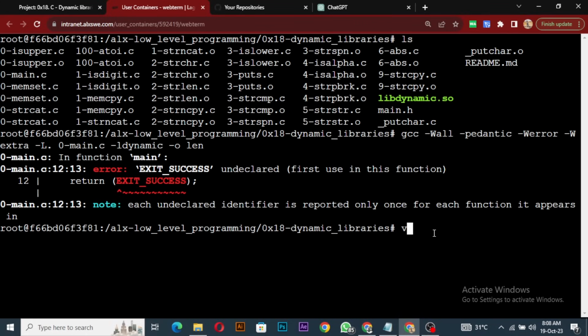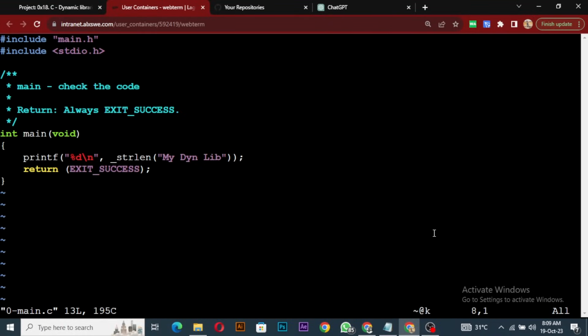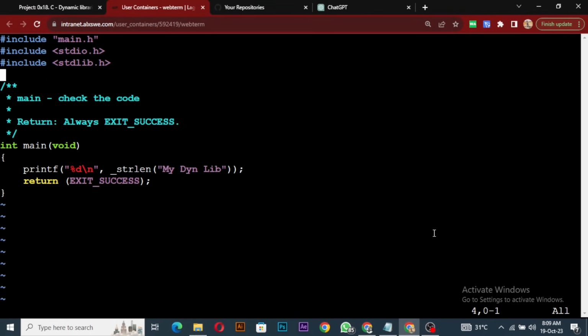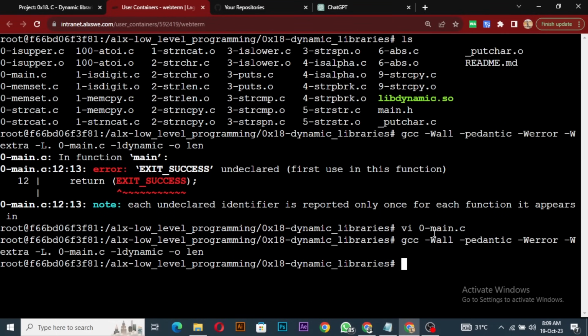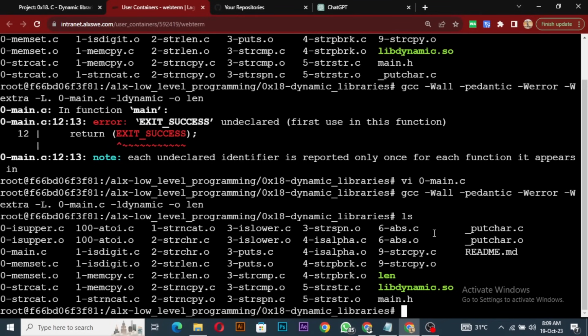So I'll just add it, vi 0-main.c. I will include the standard library first. Include stdlib.h. Okay, good. And let's try our command again. So it worked. So if I do ls, you see, and then I'll run my len, and